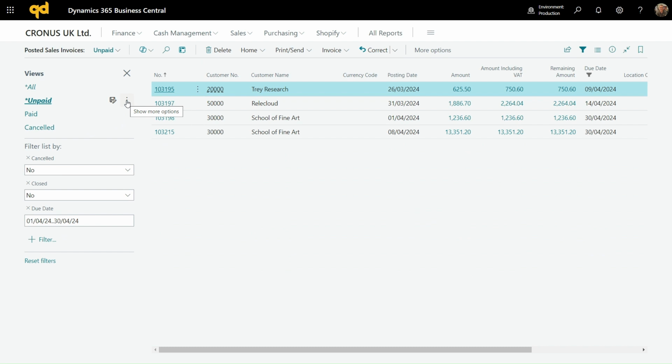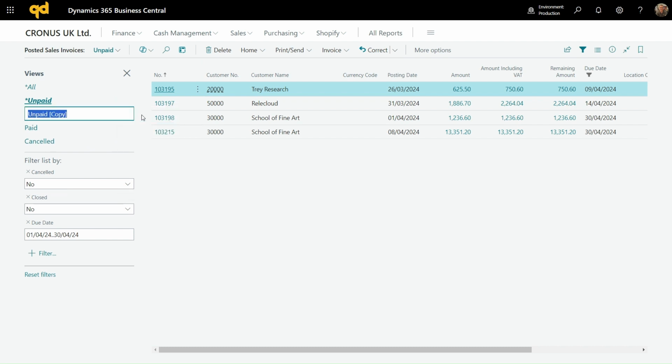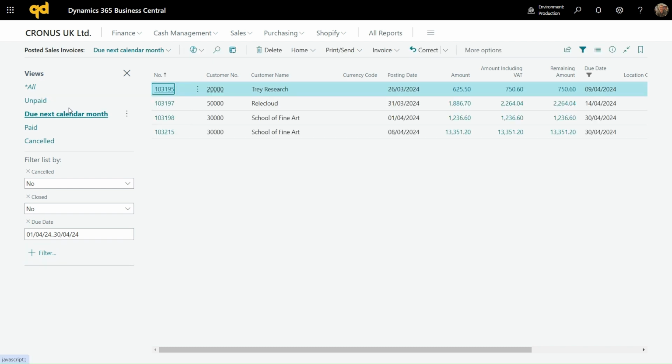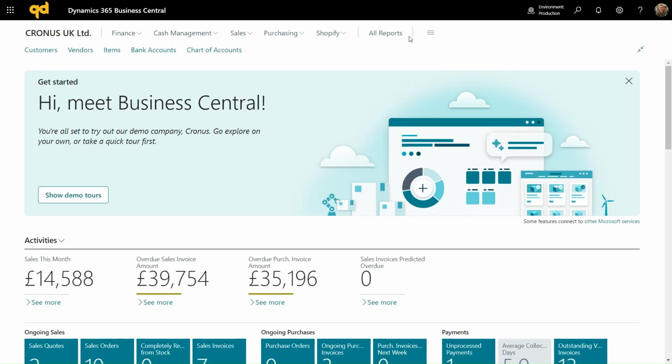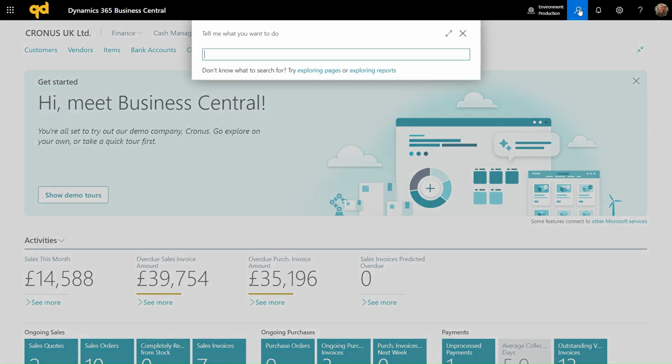And I can then save that. So up here, I click on the little assist edit up here and Save as. And I can call it due next calendar month. And hit enter. I've then got that view saved in my own profile. So whenever I come back into this, so if I go off somewhere else and a week later I come back into my posted sales invoices, that view will still be there